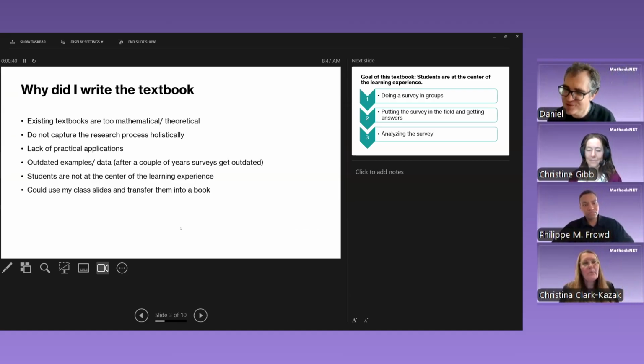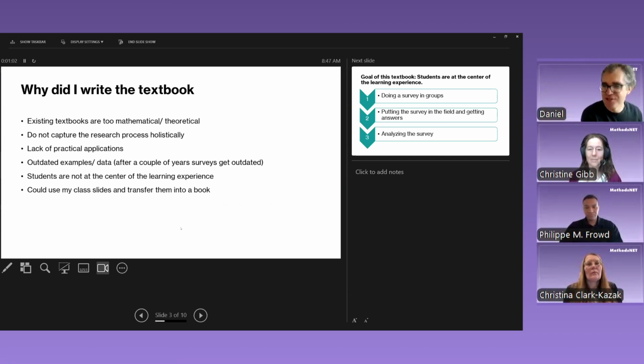For me, the research process starts with a hypothesis or a research question. Based on this, we then select or collect data that allows us to answer the research question. And then we move on to the analytical part. But most textbooks just focus on the analytical part. It's very tough for students to capture if they don't have the data generating process before, and also the thought process that went along with conceiving the research. So I felt the need to do something.